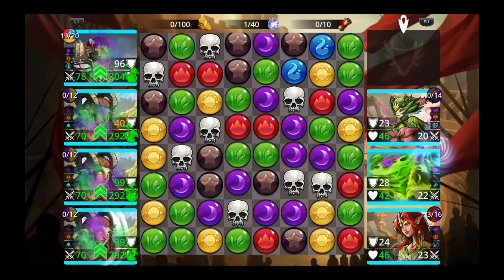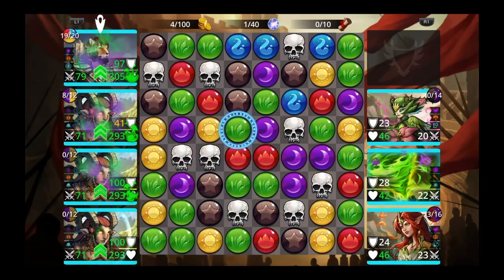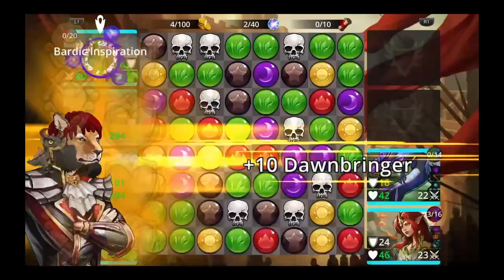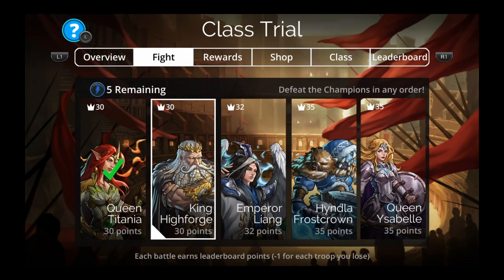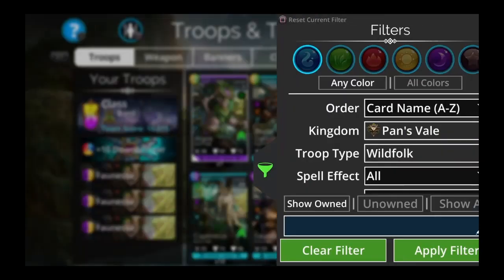The reason you'd use Faunessa on the World Event team is because she has all that extra juice from that metal, but on this team, she's not as good. So, more of a Dawnbringer, get up Dawnbringer type thing, which we'd probably just want to take Vanessa off of there. Put something else on there, right? So we could just do a Dawnbringer team, right? Okay, so